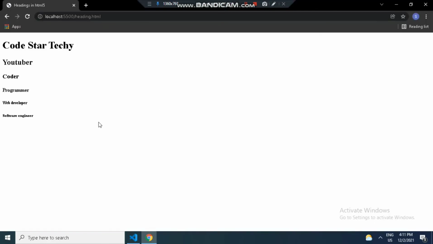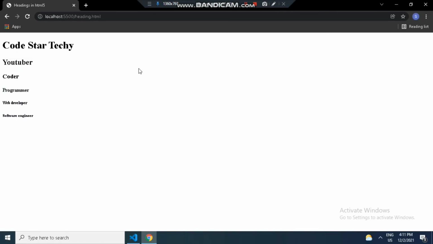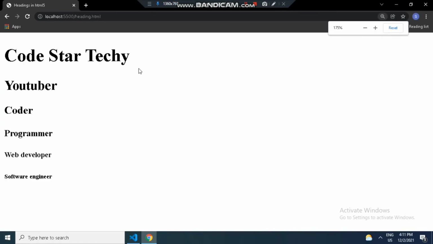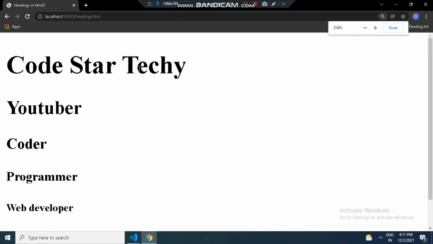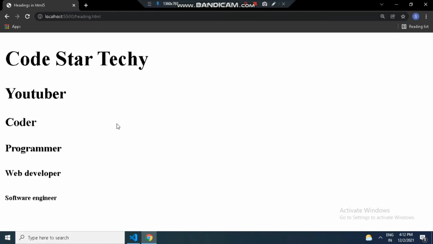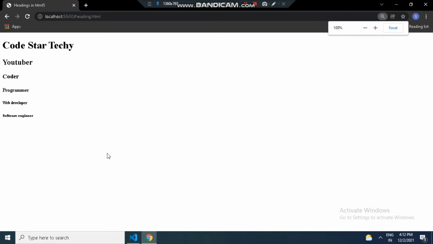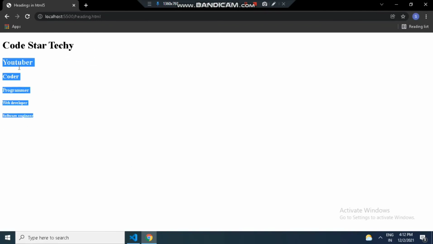See, I changed it, but our main point is to see the font size. See, I am zooming the screen. Okay, see, I have zoomed the screen. Actually, these are not the real font sizes. These are the zoomed font sizes. The actual font size is this one at 100%. See the difference.